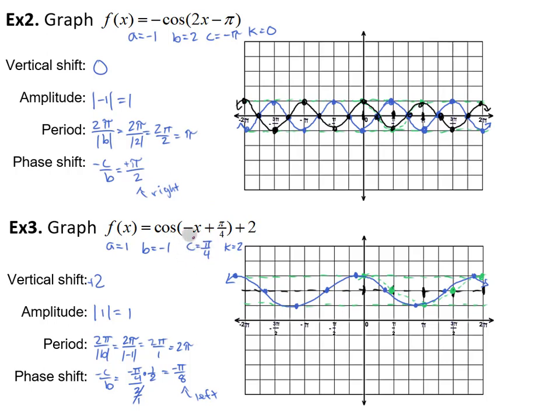Of course, we didn't do the reflection in the end, right? I probably should have done that on my dashed green graph, done the reflection, and then moved those points left and right. So if you do have a reflection, a vertical reflection, do that when you're doing kind of your dashed green 1 cycle. Go ahead and perform your reflection then, and then shift everything left and right and fill in your